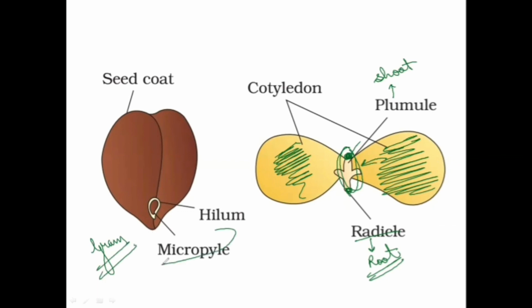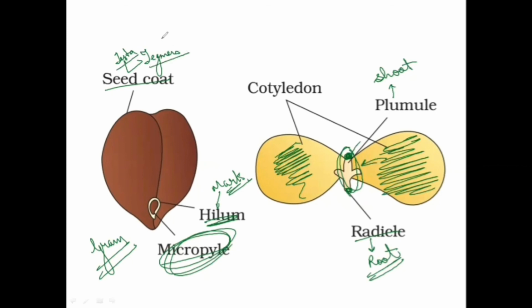Remember micropyle, the point or opening where integuments were absent. Then we have this hilum. Hilum is also seen in the case of seeds because it is just a mark on the seeds. Seeds are matured ovules and those ovules will have a mark where the funicle was attached. So hilum is just a mark where funicle was attached. Clear? Then we have the seed coat, which is divided into two parts, that is testa and tegmen. Outer testa, inner tegmen. Clear?